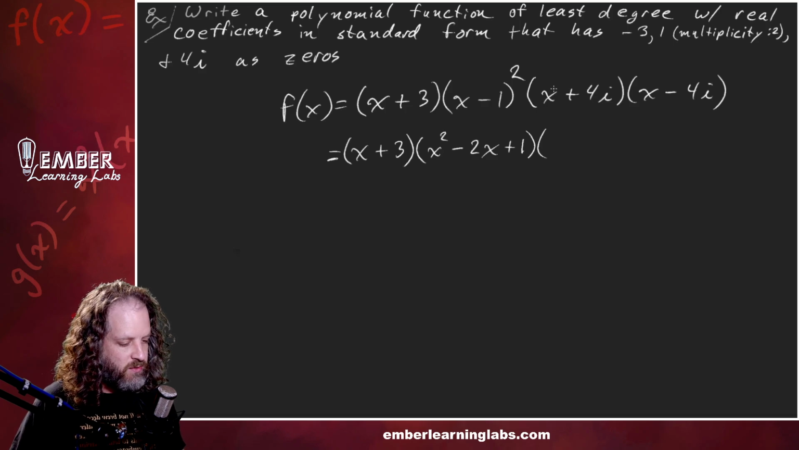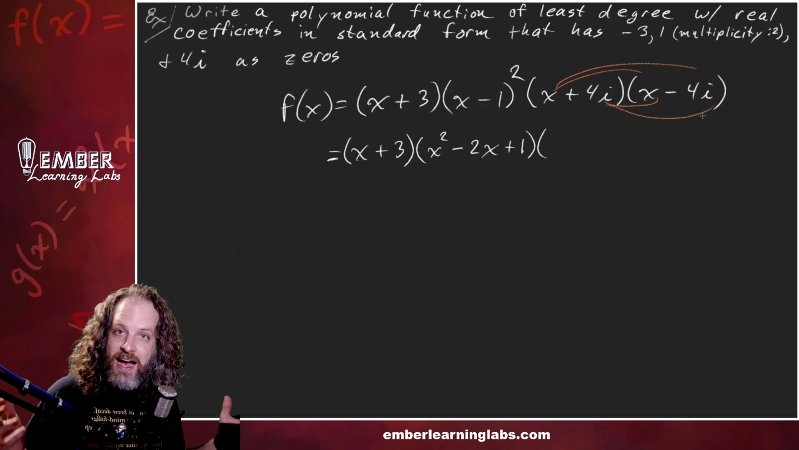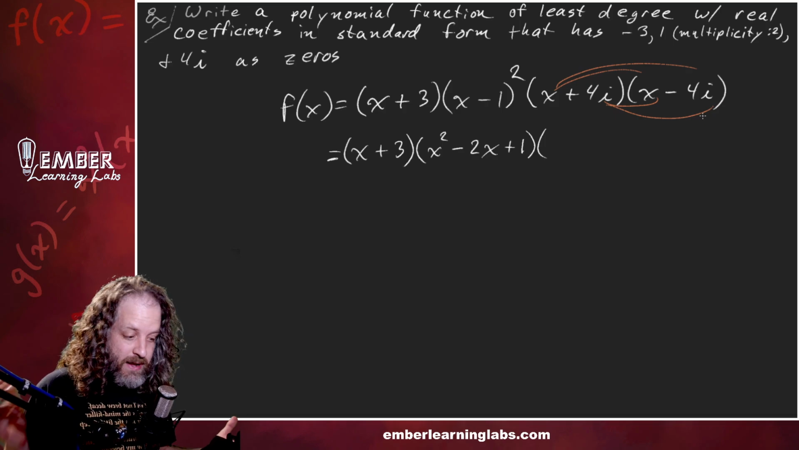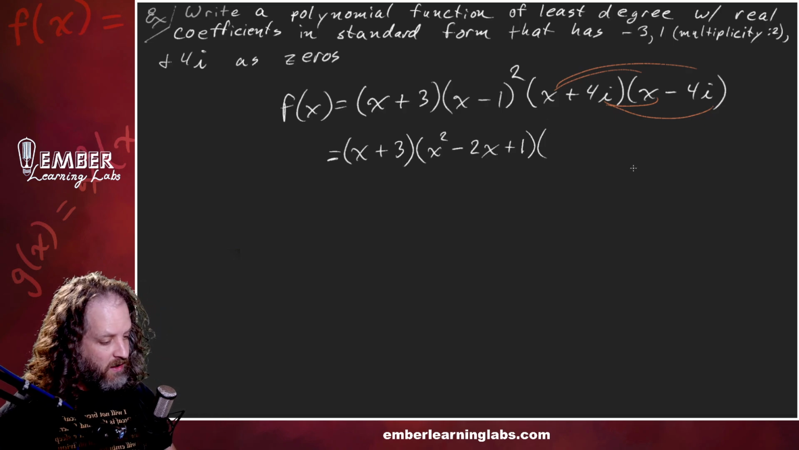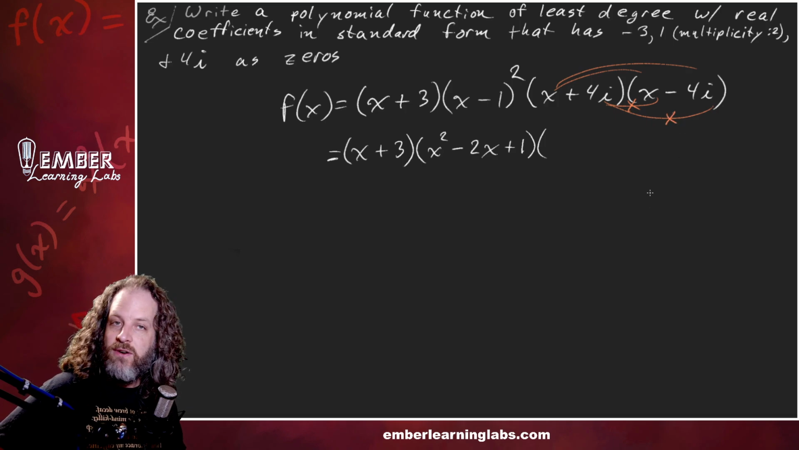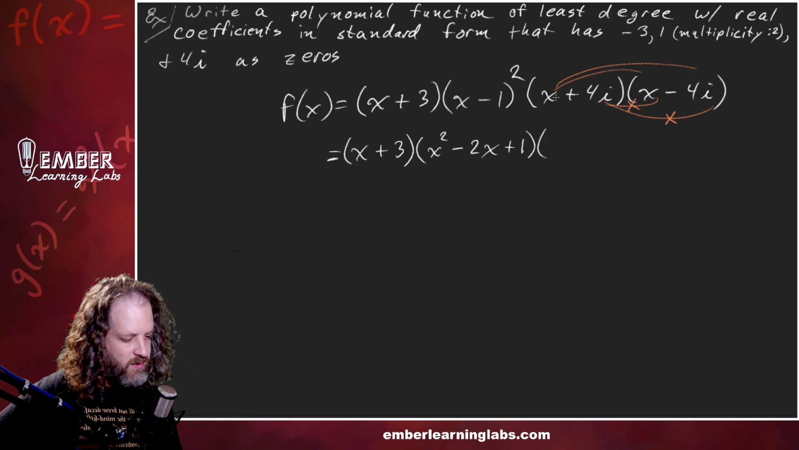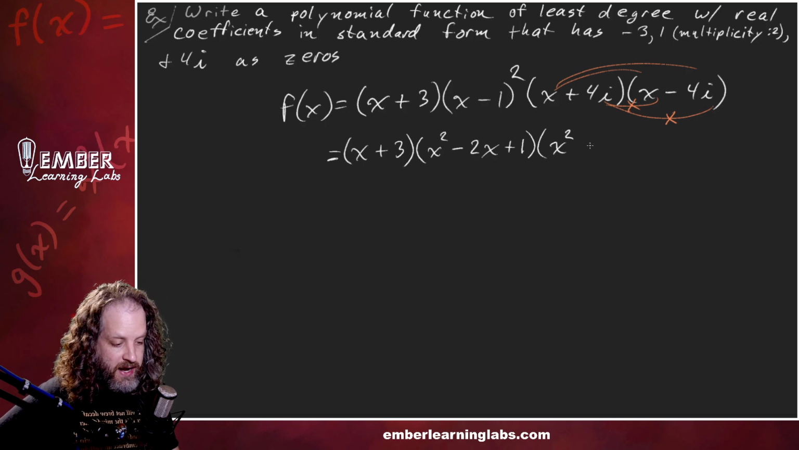And then this last one, we'll go ahead and distribute it. Now, since it's a conjugate, what's going to happen here? The outside and the inside are going to cancel, leaving us with just the first and the last. We've multiplied conjugates in other contexts many, many times. So we don't really have to do all of these. We only have to do this one and this one. We don't have to do the inside and the outside because those are going to cancel. It's going to be 4ix minus 4ix, disappear. So x times x is x squared. And then 4i times negative 4i is going to be negative